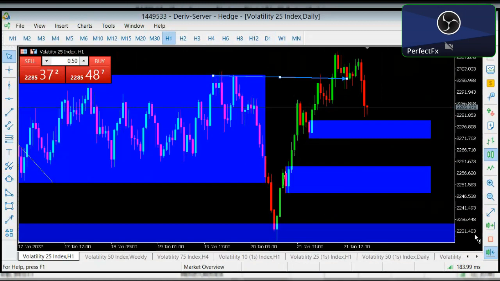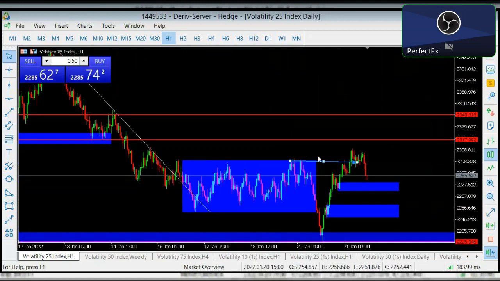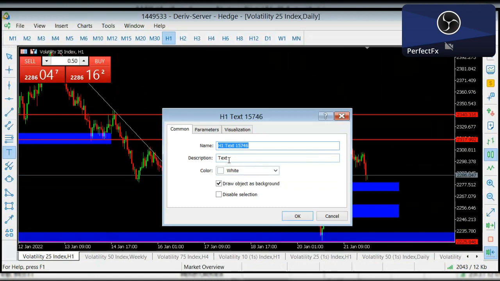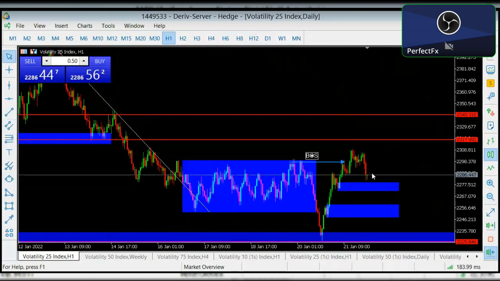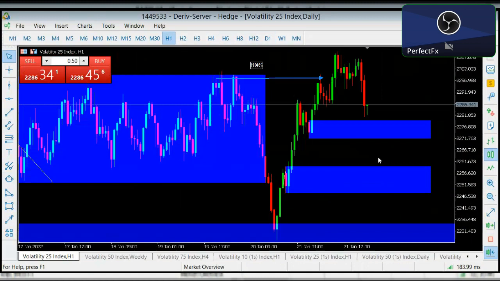Let's go to the 1 hour time frame to see what price is doing. As you can see at this point, sorry about that, guys, this previous high has been taken out. I might be seeing that price might drop to this other block. Let me show you something quickly. So this is a break of structure. As you can see, price has broken this previous lower high and has fallen to the downside